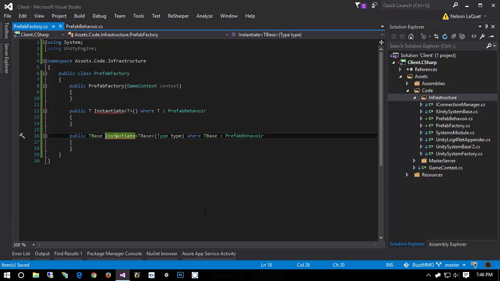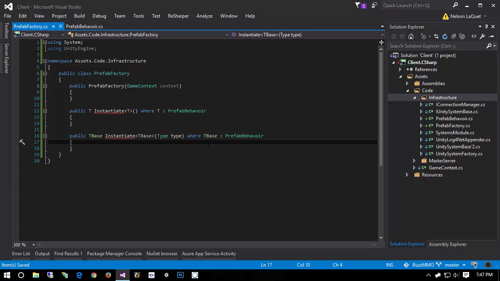Now I'm finger quoting right here because obviously Instantiate is a generic method, but it's not generic to the type that's passed in. The reason we need the second Instantiate method is the first is for when we know exactly which type we want to instantiate. But once we implement our actor system, the server's going to say to the clients, hey, instantiate this actor type, right? And we won't know at compile time what type that'll be, so that's why we have the second one. We take in a TBase parameter as a kind of helper,